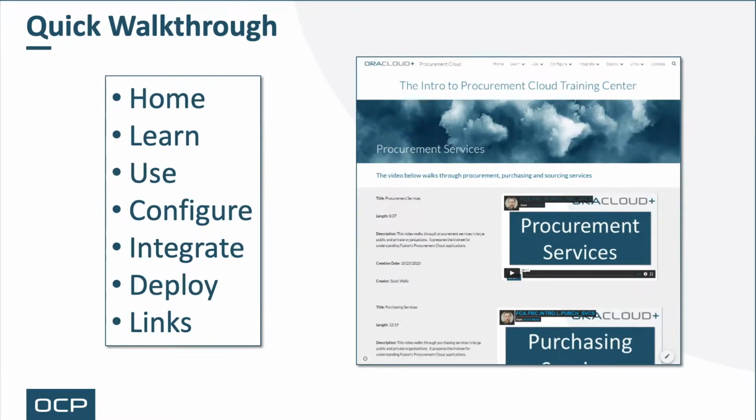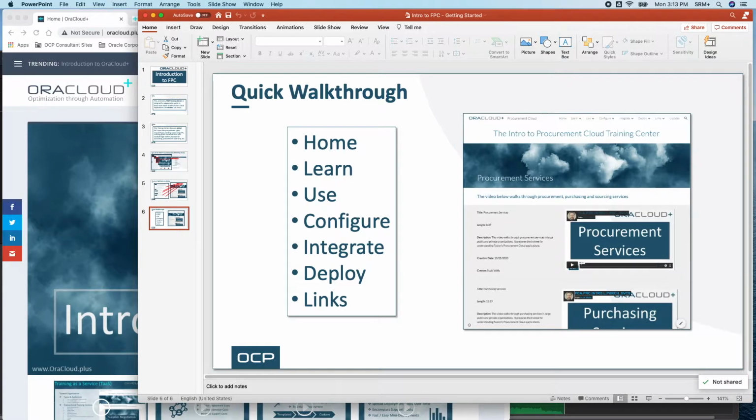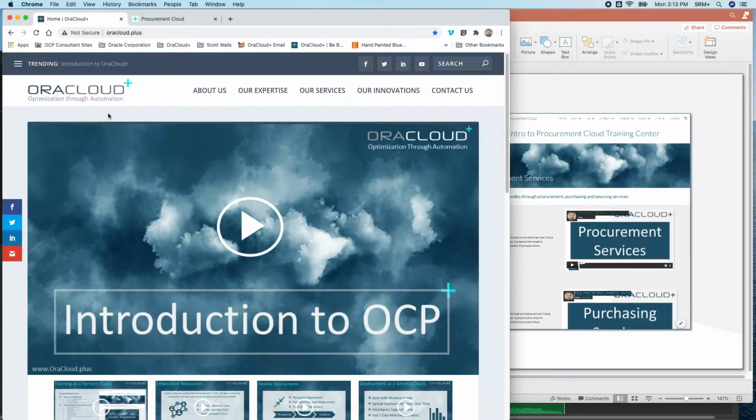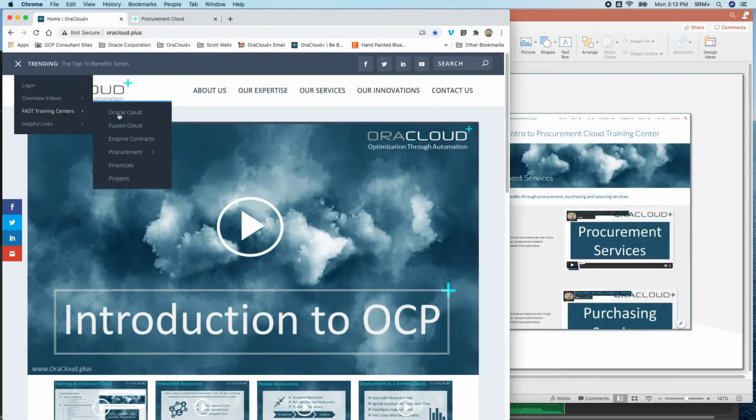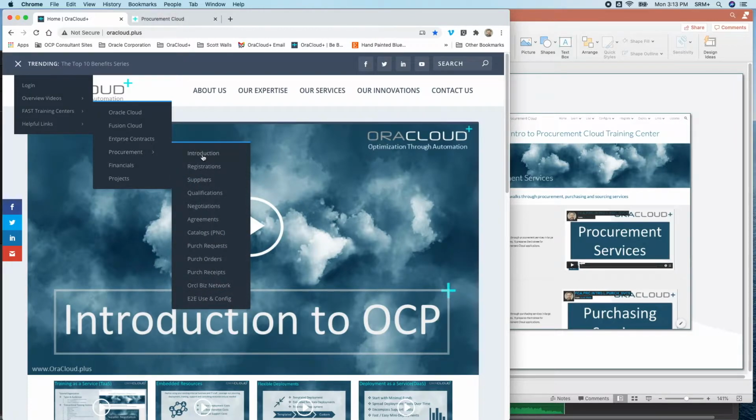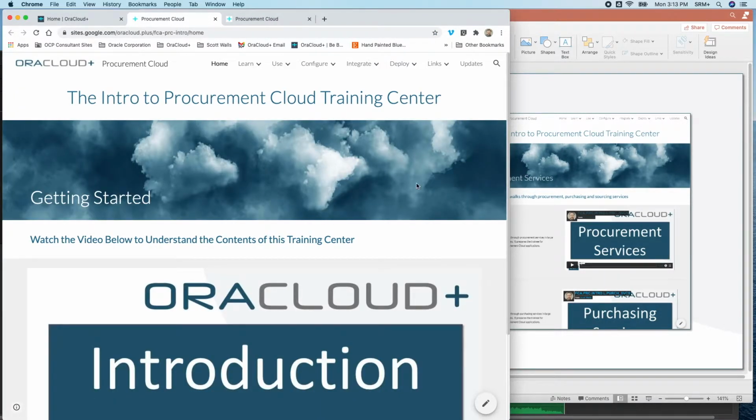So with that, let's jump out of this particular presentation and jump over to the OraCloud Plus website, which is www.oracloud.plus. From here, you'll go into the menu, the navigator in the upper left, and select FAST Training Centers. You want to scroll down to Procurement, and here is our Introduction to FPC Training Center. Go ahead and select that option. This will take you inside the Introduction to Procurement Cloud Training Center,